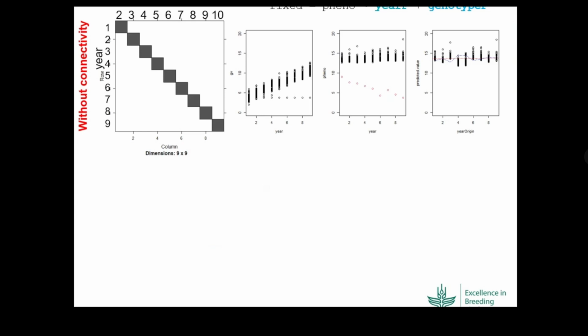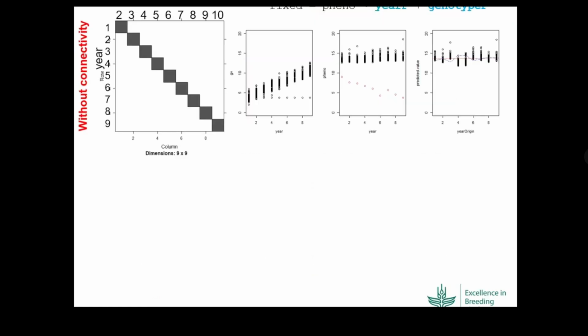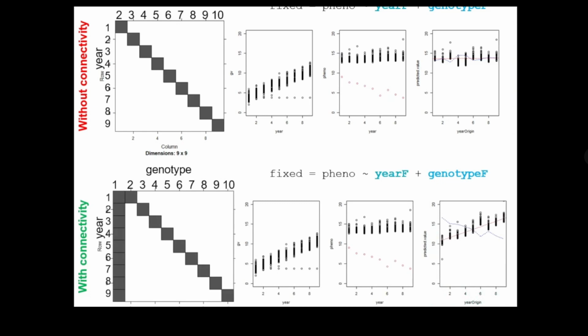And then we tried to calculate the genetic gain with the model that I mentioned, this one. And it turned out that we could not actually dissect the year effect, and basically our genetic gain looked like 0. There is no genetic gain, but we know that there is genetic gain. So then we know, how important was this connectivity issue, right? Because when you have strong year effects, which is kind of the norm, it's usual that you have strong year effects,